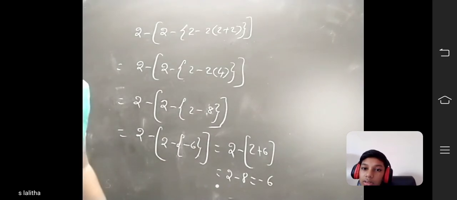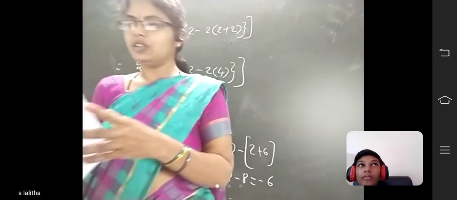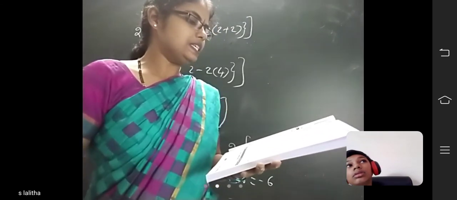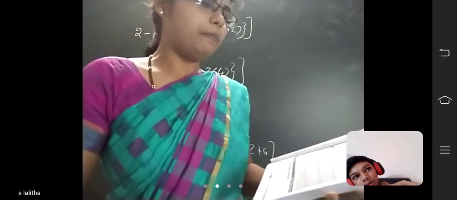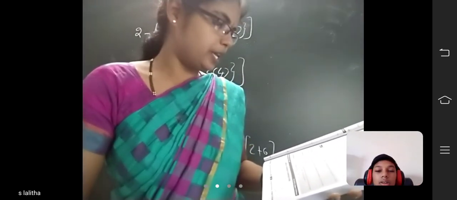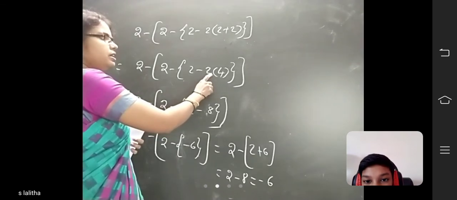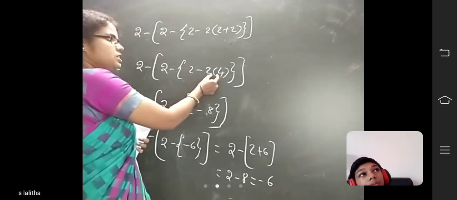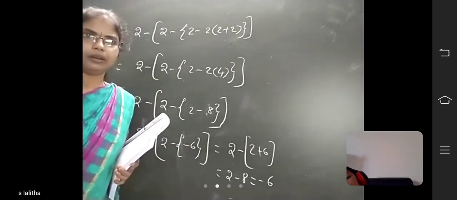So these are about the BODMAS rule. Now here, a note is there first. If there is no sign, plus, minus, into, divided by, between a number and a bracket, it means multiplication. Did you understand? See here. If there is no sign between two numbers, there is no sign. So what should you do? Multiplication. Okay, that is the note.